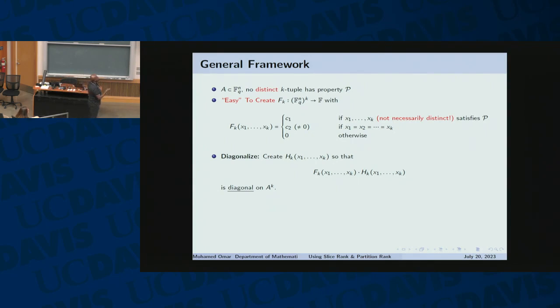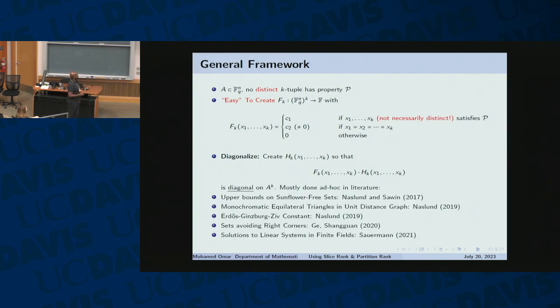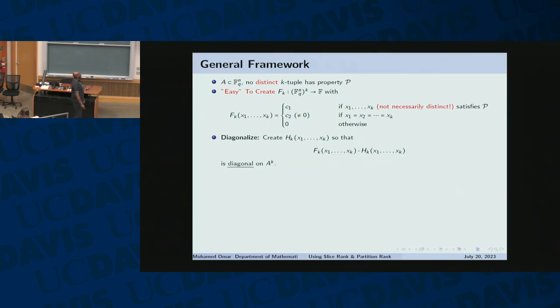So let me look at actual examples when I set k to particular values. Sorry, I want to actually mention that, like I mentioned before, this process was done in a lot of these articles in completely different ad hoc ways. Okay, so how do you do this? In this particular situation, you can do something like this. So you take, let's say k is 3, you can write this,